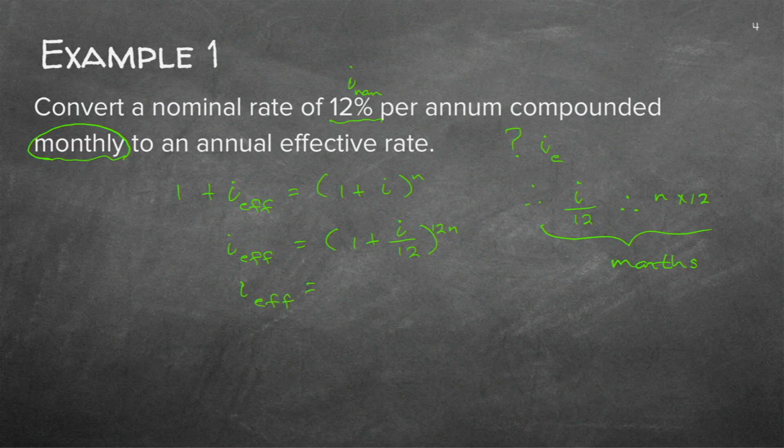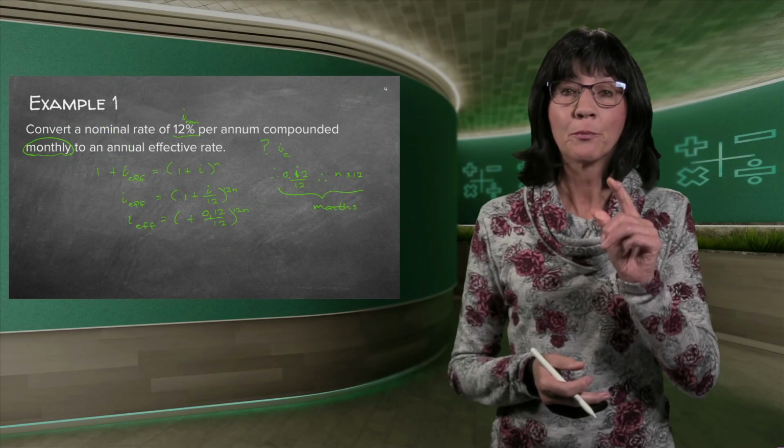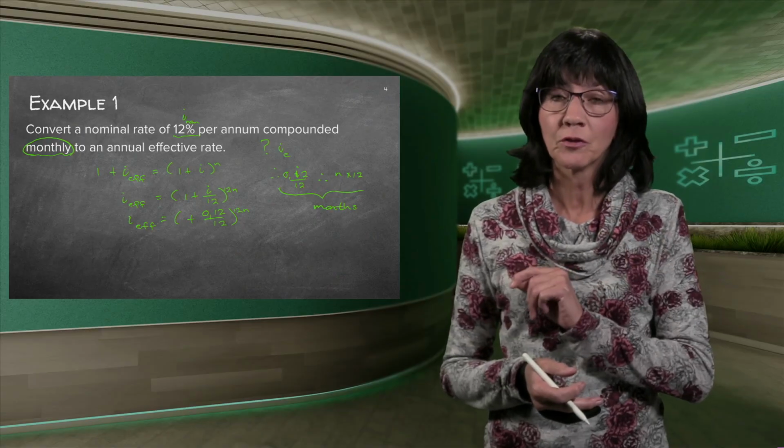So you grab your calculator, oh, I didn't fit in the 12. Let's just do it there. It's 0.12. The i, because it's 12%. Good. So I'm going to write 1 plus 0.12 over 12 to the power of 12n. Just before I carry on, this is now very easy to divide. 12 goes into 12 once. But again, I know what's going to happen. You're probably going to say 0.1, which is not true.